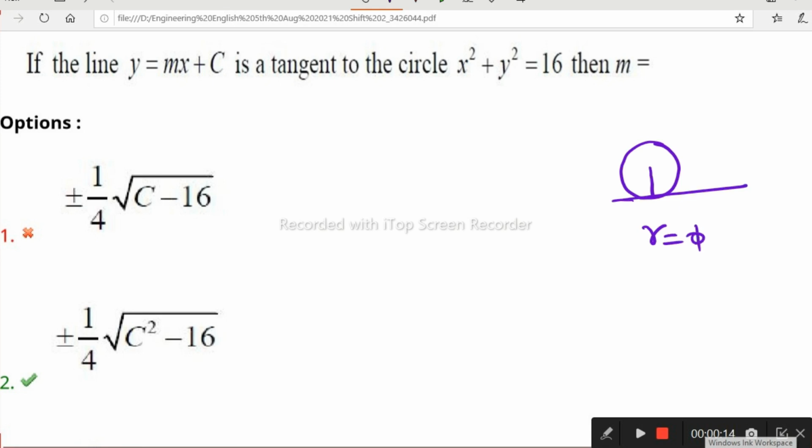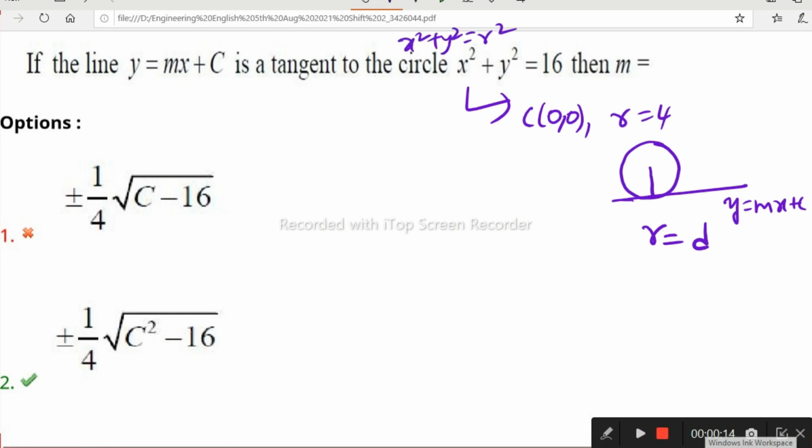What is the given line here? y equals mx plus c. And the circle, what is its center? It is centered at 0, 0. The radius r is 4 units, because it is in the form x square plus y square equals r square. Now the center is at 0, 0 and the radius is 4 units. We can write the given line y equals mx plus c in the form